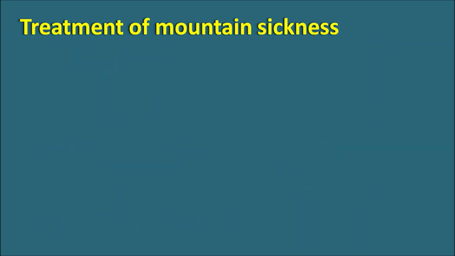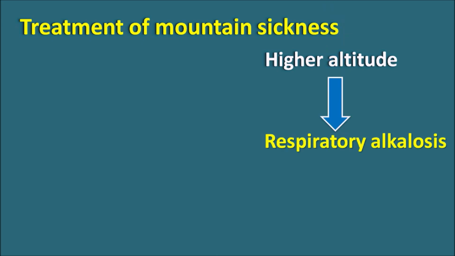Now let us see the role of acetazolamide in the treatment of mountain sickness. Mountain sickness is observed when a person travels to higher altitudes. At higher altitudes, because of the change in atmospheric pressure, the bronchioles are not completely working, which results in some difficulty in breathing. And as the oxygen supply is reduced, it results in respiratory alkalosis. Carbon dioxide is going to be more accumulated, which results in more formation of bicarbonate, resulting in respiratory alkalosis. At the same time, the intracranial pressure also increases because of the change in atmospheric pressure and disturbance in the vestibular system.